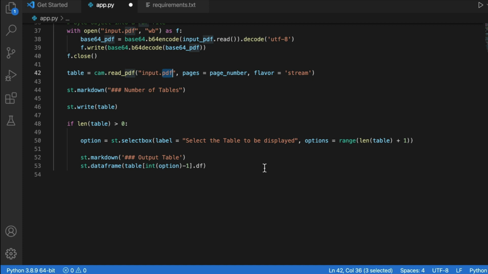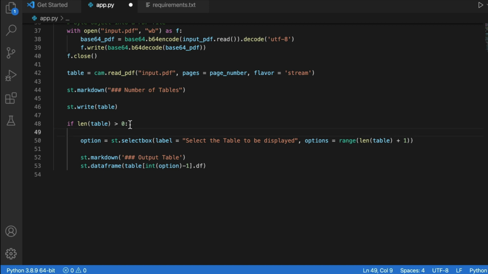Now it is all about displaying the final table. So we are going to say if the table length is greater than 0. One thing you have to remember is, it is possible that you do not have any table at all in that particular PDF, which means the length of the table in that case would be 0. So if you have a table, that means the length of the table is greater than 0. So it should ideally be either 1, 2, 3, 10, anything but 0.